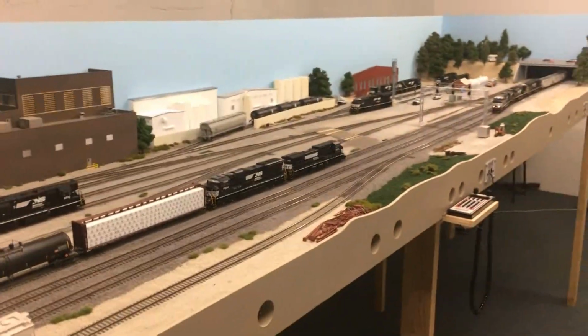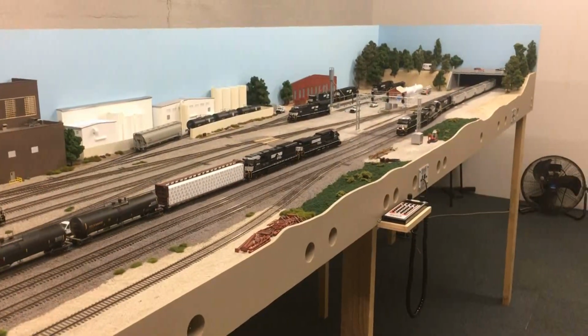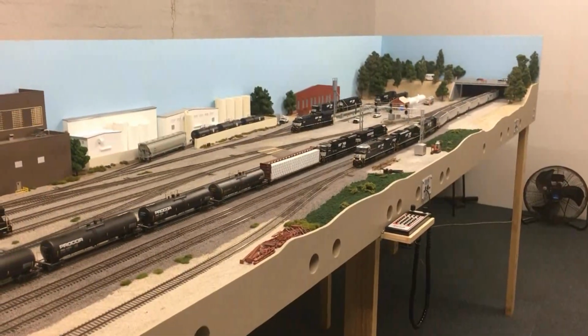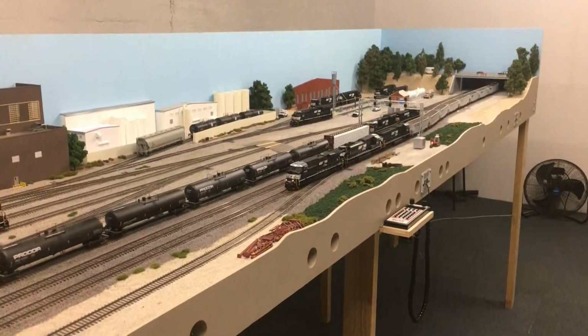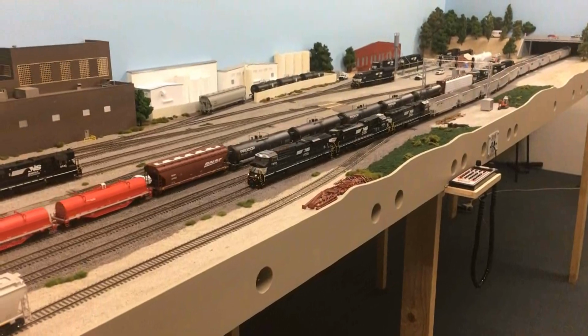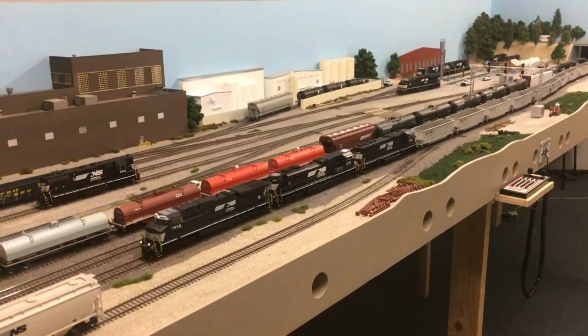Even though I live in Australia, I do visit the US quite a bit and do a lot of railfanning of the Norfolk Southern. So a lot of this is inspiration from all my trips coming over and visiting the great land of the USA. Basically every locomotive I own, I actually have got a photo of it in some stage over the years, not necessarily 2016, but